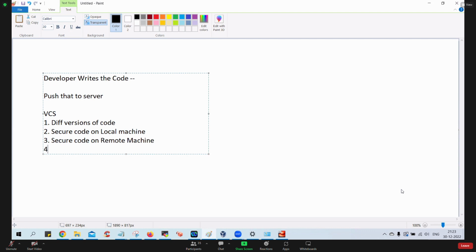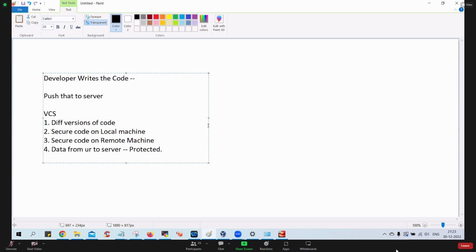And the fourth point is that when the data is traveling from your machine to the server, the data is protected. These are the primary responsibilities of version control systems, guys. They help you maintain the different versions of the code, protect your code on the local machine and on the remote server, and make sure that when the data travels from your computer to the server or vice versa, it is highly encrypted